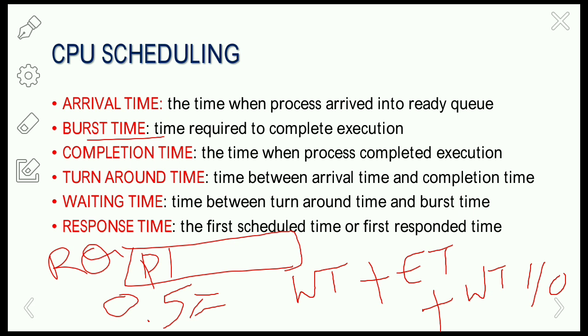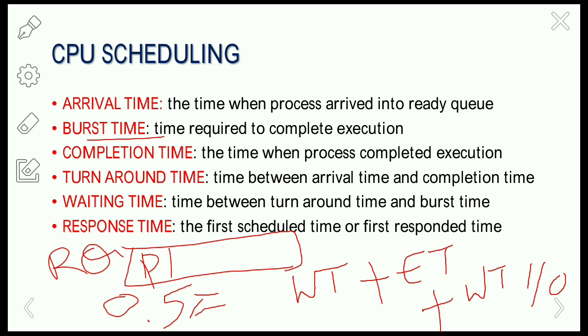Throughput means how many jobs are completed by the CPU within a period of time. Just as we estimate the performance of a student by his grades or mark statements, a system's performance is estimated through the throughput.